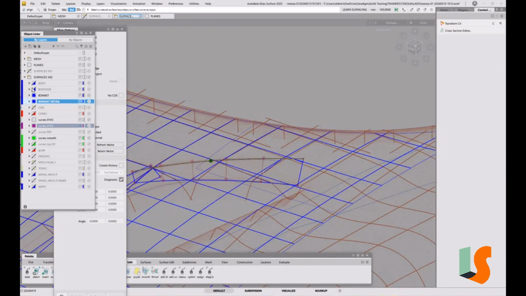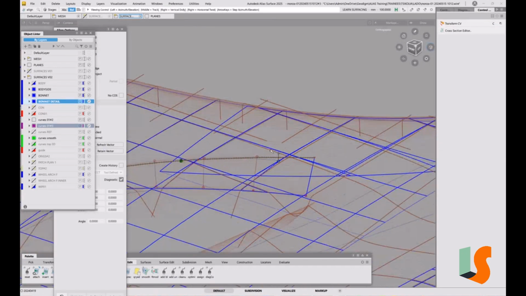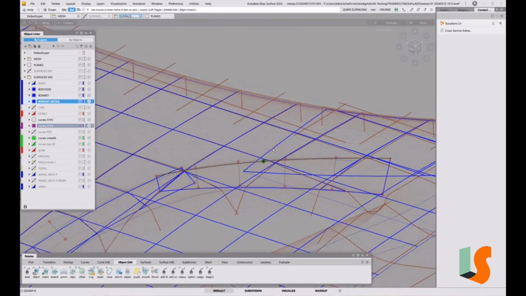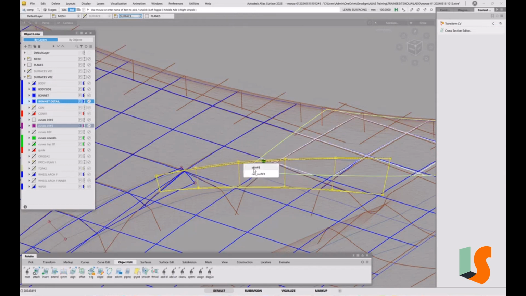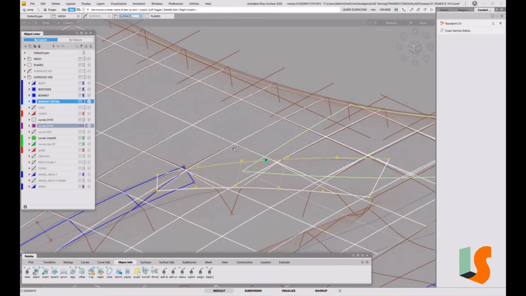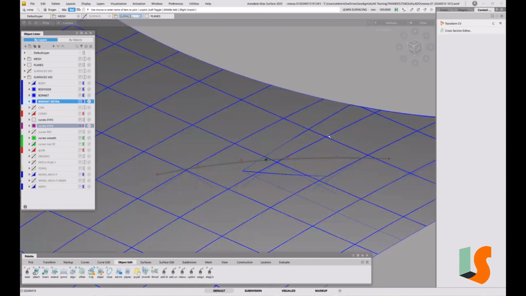I don't think I've got a surface in there. Oh, I have got a surface in there. So in fact, I could have split that into 2. So there's that surface there, which in fact I should have used. So let's go and pick that. But these sections actually look really close, so I think I'm going to be happy with that. So let's just have a look at that,